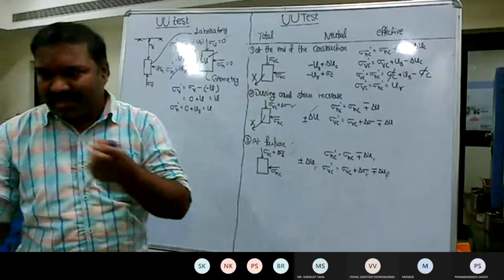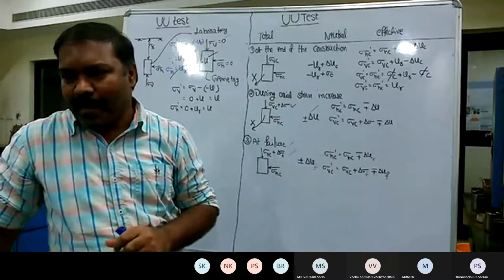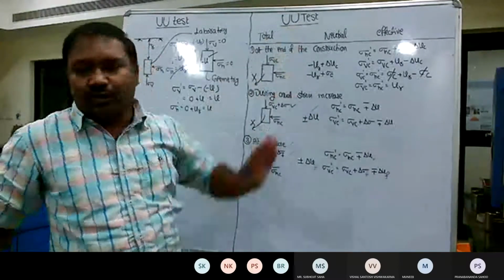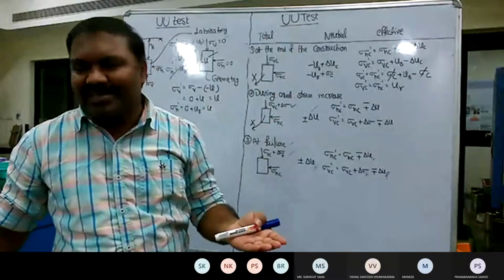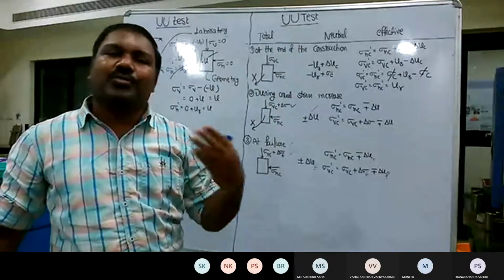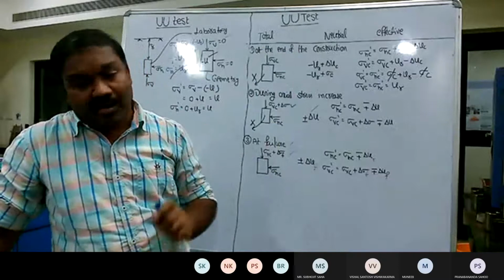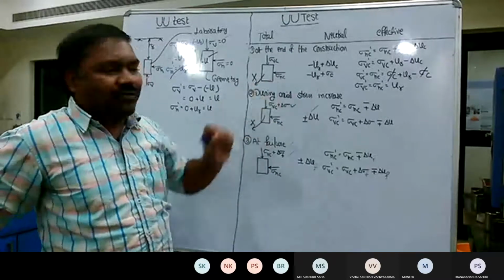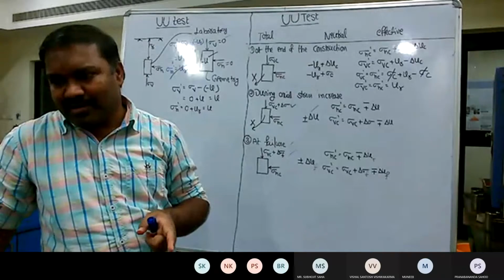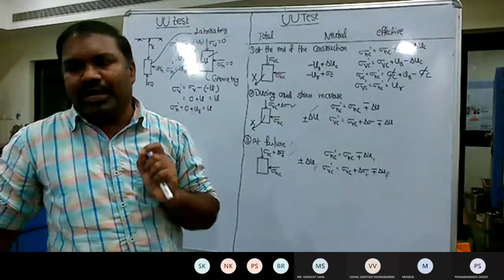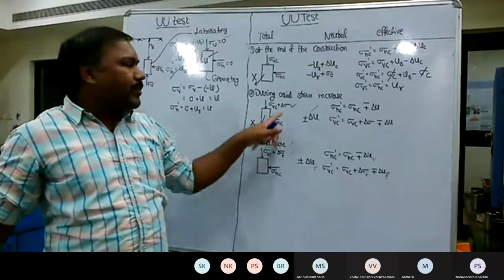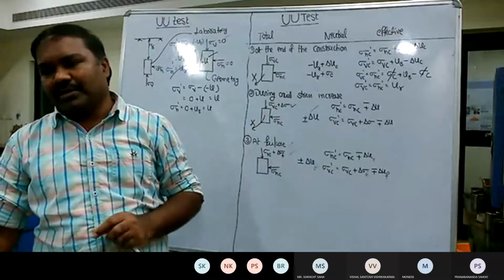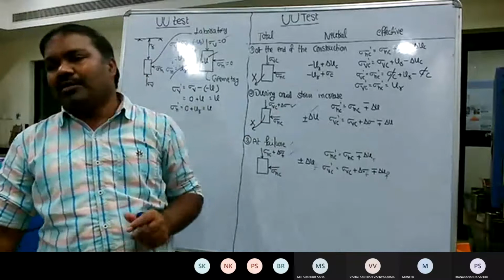I got confused, actually. You said that we are consolidating. No, see, there are two stages: there is a consolidation stage and there is a shearing stage, but unfortunately both are clubbed. As we don't distinguish between these, initially you apply the confining pressure. Just imagine when you do any UU test, you will not directly apply the delta sigma. You will initially apply the confining pressure, and thereafter you go for the shearing load.